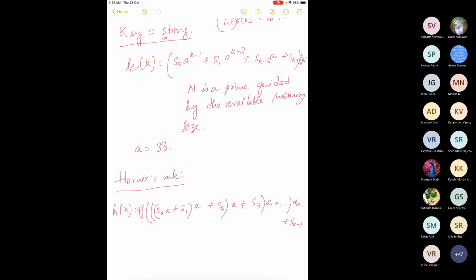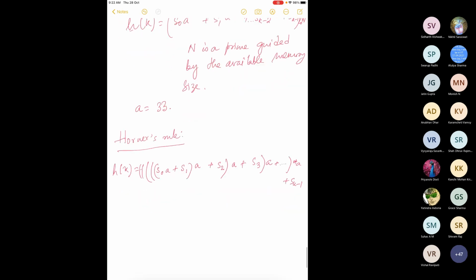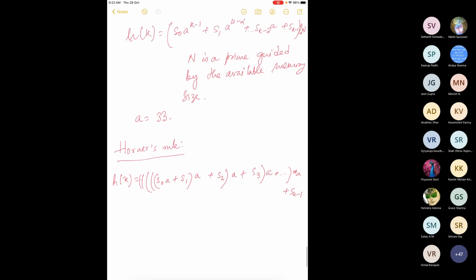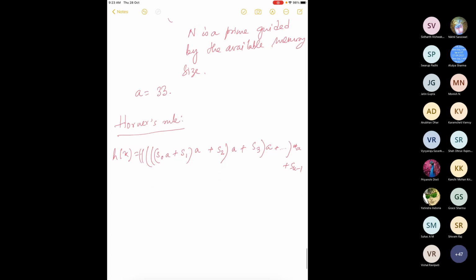So why did we make this change? Any thoughts? It would be easier to do it iteratively. Yeah, easier to have an iterative computation for this function. Okay, so let's say now we can easily compute the